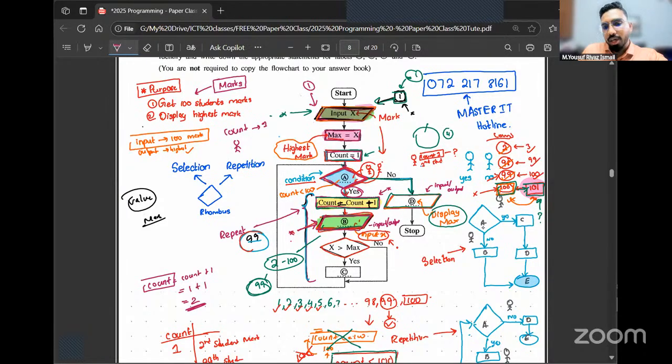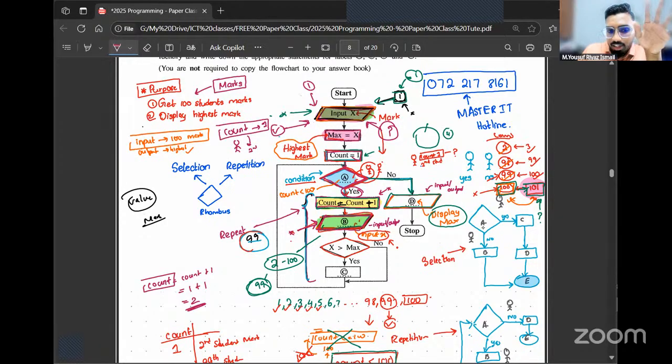You're deciding, should I go and take the first student's marks, or should I go and take the second student's marks? First student's marks. Then what did you do here? Then what were you doing in this instruction called input text in the top? Whose marks did you get there? We have already taken the first student's marks. You're deciding here, should I go and take the second student's marks? Is that part clear? Are you clear on that? Okay. So when count is one, you're deciding should I go and take the second student's marks.